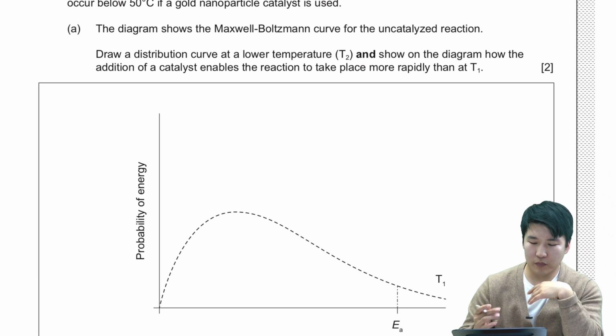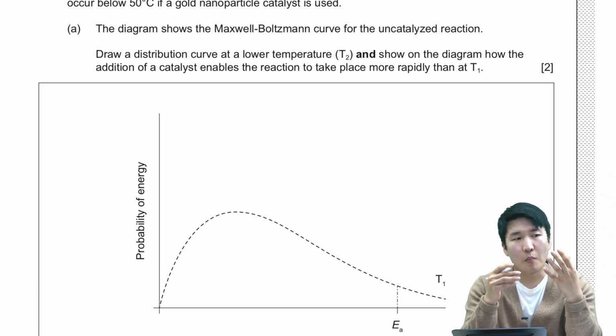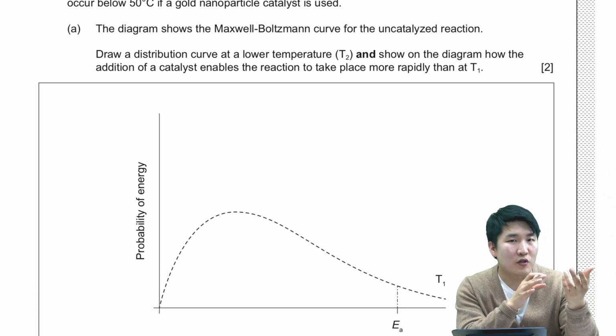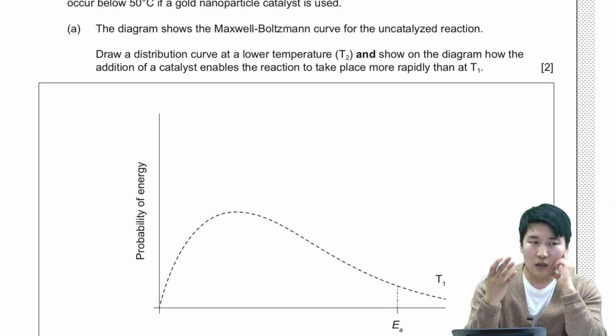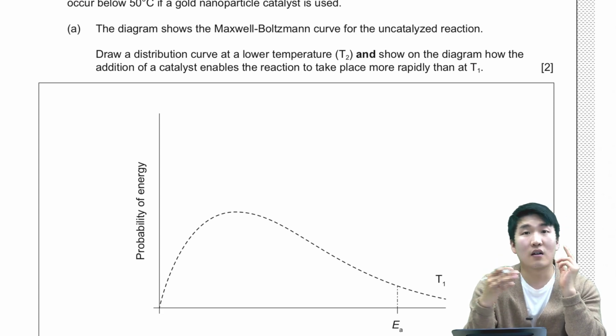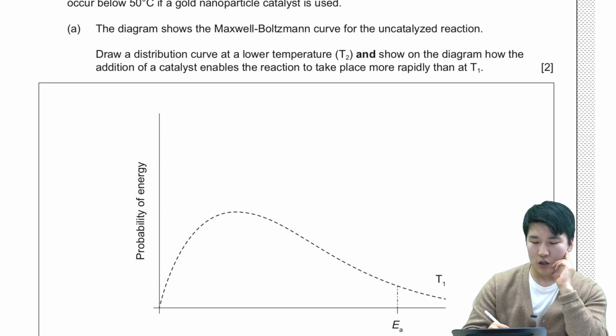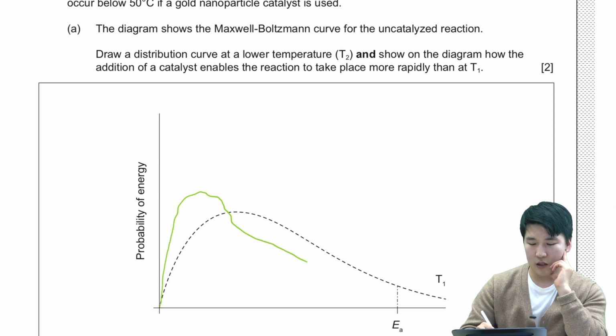At a lower temperature, more of the molecules will have lower energy, and fewer molecules will have high energy, which can be represented as a curve that is skewed to the left and also